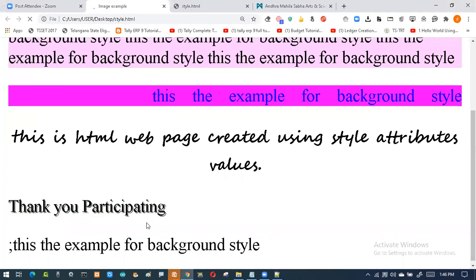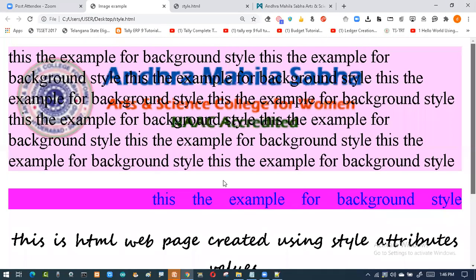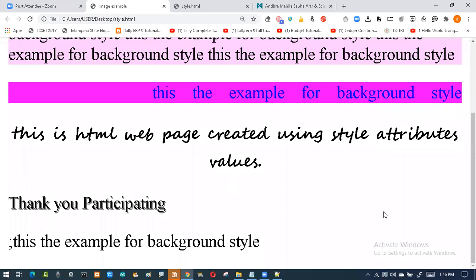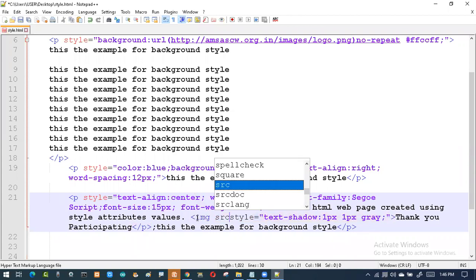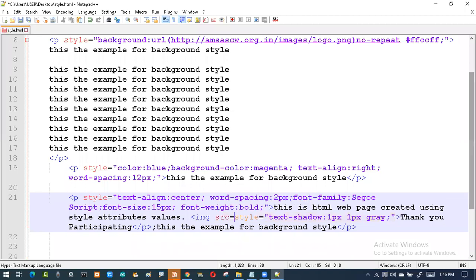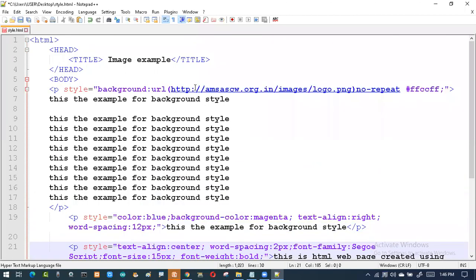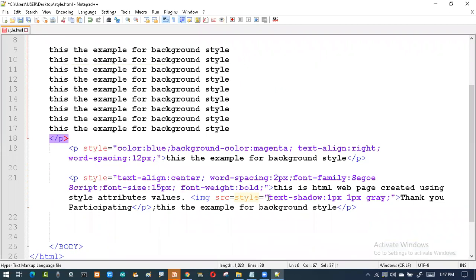Now is this shadow applicable for the picture? Let me see. We add one picture and we'll see whether the shadow will appear for that or not. So what I'll do here, I'll take the image, then I'll say src is equal to our logo. This is the logo which I got. So I'll copy this address of the logo, then I'll try to put it over here.